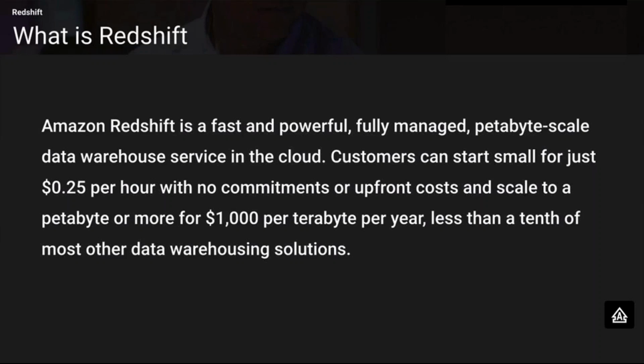So maybe you can start with as little as $0.25 per hour, and the good thing in the cloud is you can close it down whenever the tools are not required, right? That is the best thing, and we can take a backup, and whenever I would like to relaunch it, I'll recreate a new Redshift cluster from the backup and then I'll be able to play around with it. And if I'm going to use it for a complete year as well, it is going to cost around $1,000 per terabyte per year, which is very little when compared to what other data warehousing tools are currently providing us.